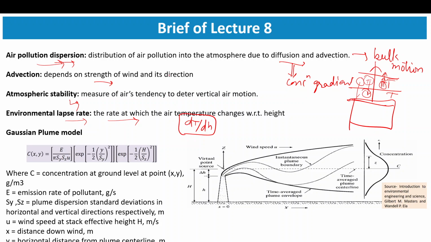Till now we have discussed that pollutants disperse in the atmosphere, and such dispersion can be modeled or calculated. Say for example, this is the chimney at x equal to 0, and you need to find out the concentration of that pollutant at x equal to 3 kilometers, because anyhow it will go from here to there. Whether that concentration is acceptable or not can be found out through the Gaussian